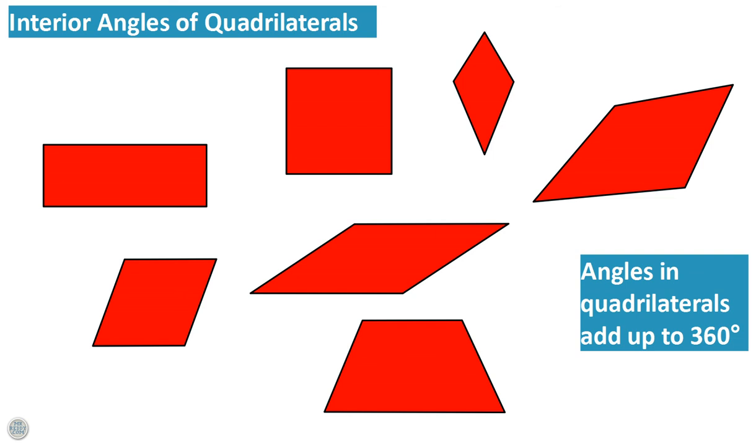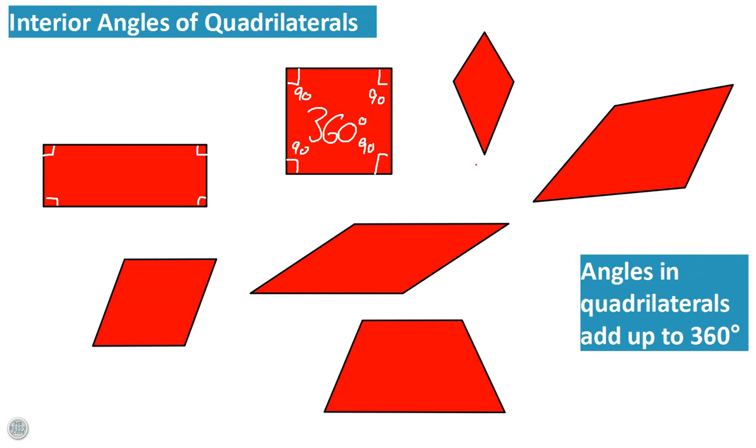This video is about angles inside quadrilaterals, or interior angles of quadrilaterals. So let's take a quick look then at some popular quadrilaterals, some very common ones like the rectangle and the square. As you know, the rectangle and the square both have four right angles, four 90-degree angles. All of these are 90, and so that means these four angles are going to add up to